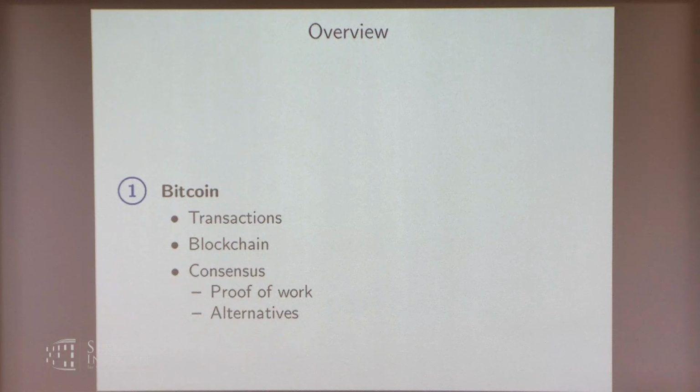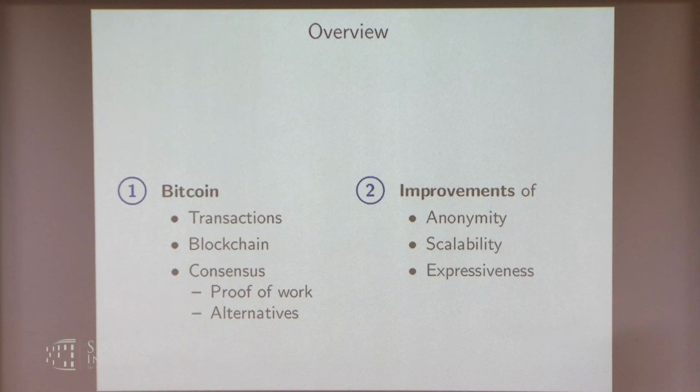Anyway, I'll start introducing cryptocurrencies, explaining the basics of Bitcoin. What are transactions? What is the blockchain, even if you've already seen it? Quickly, what is consensus? Or in other words, how can everything that we've learned about consensus so far be used to create the cryptocurrency? And in the second hour, I'll talk about a little bit more advanced things, in particular how the concepts that we've learned about during the first days of this boot camp can be applied, in particular zero-knowledge proofs, snarks and so on, to improve on what Bitcoin gives us in terms of anonymity, scalability, and expressiveness.